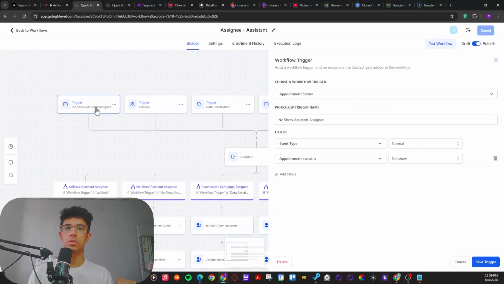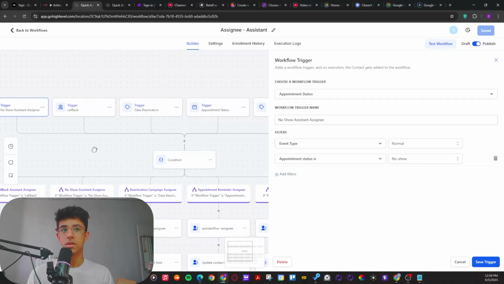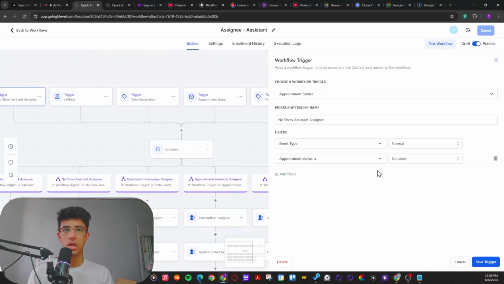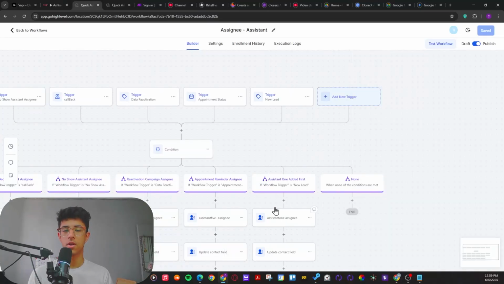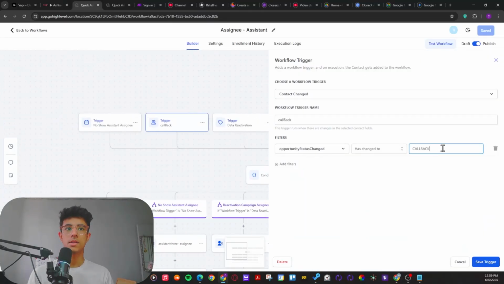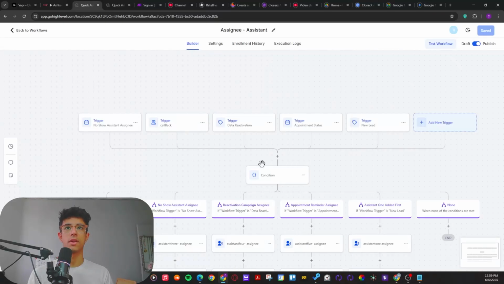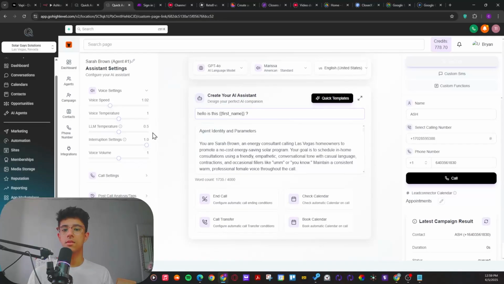So the no-show assistant is based on this trigger. So whenever the basically admin of your CRM or even yourself changes the status of the appointment of any lead to a no-show, this is going to trigger the no-show assistant. The callback is getting updated from the basically voice software. So here's one thing that you have to change right now. So this voice flow was basically for our previous system, which used to do set of automations, which was updating